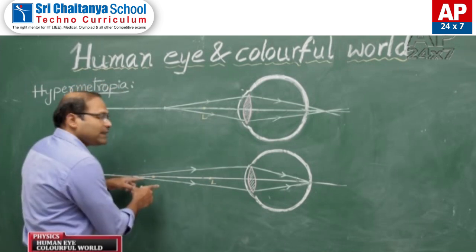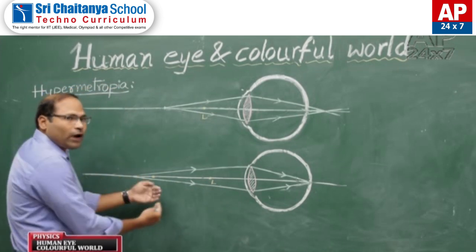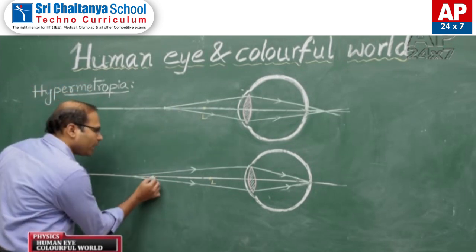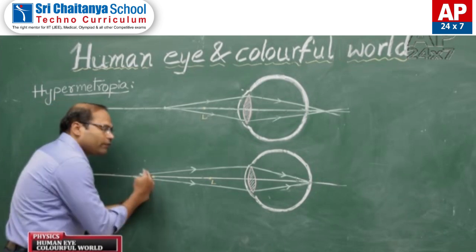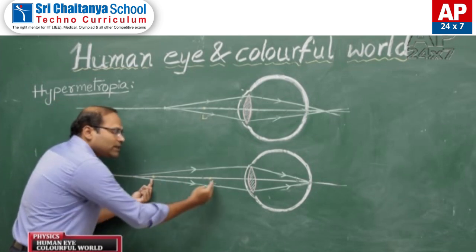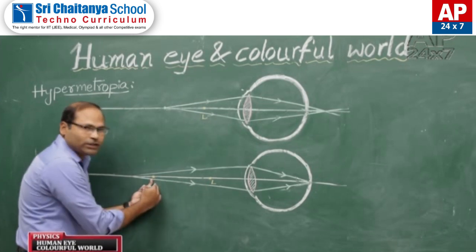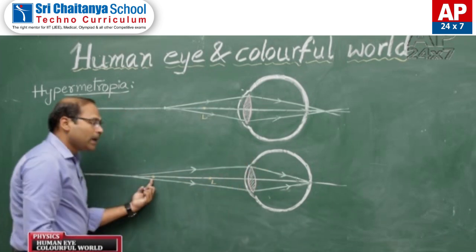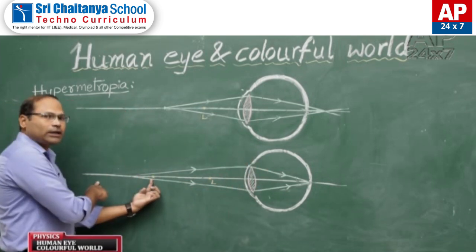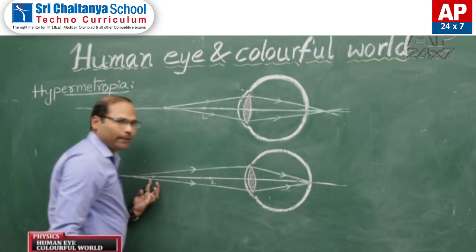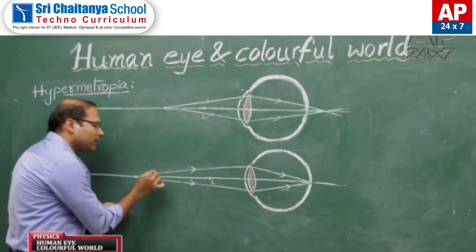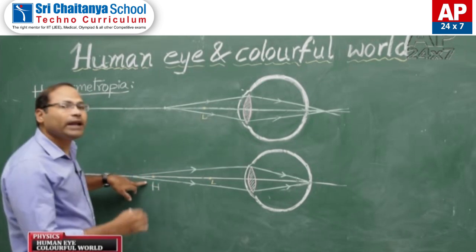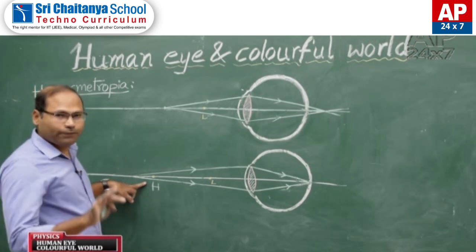Okay. Now, let us see the case. Actually, they can see objects which are at far distance, but they cannot see at a little closer distances. Let us suppose a point, and that means if the object lies in this distance, from this point to least distance of distinct vision, the object cannot form a clear image on retina, but if the object lies beyond that, the image will be clearly formed on retina. Let us suppose this point, and let us name it as H. We call this point as near point. Let us define near point.